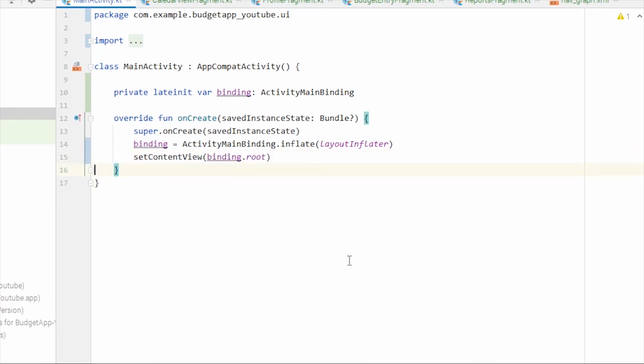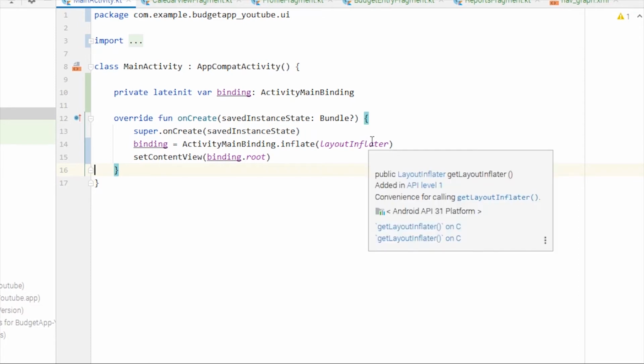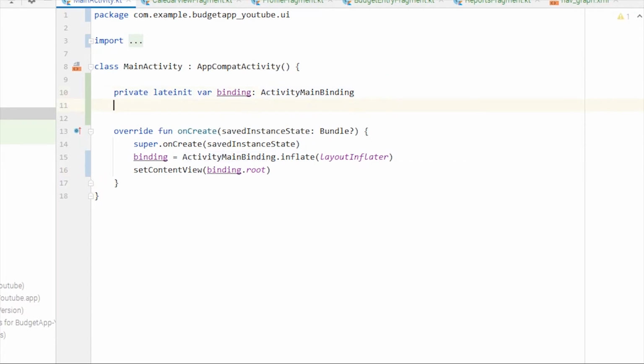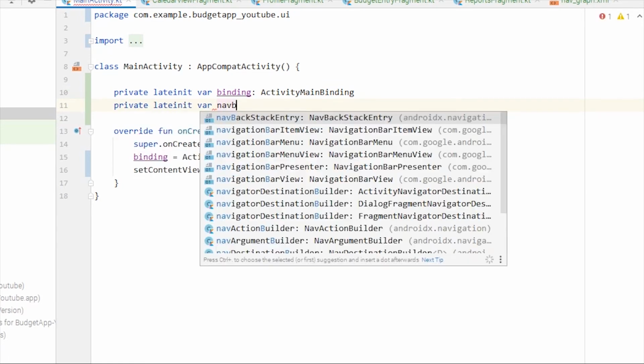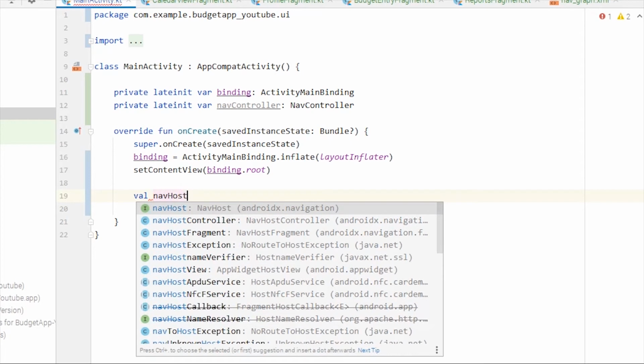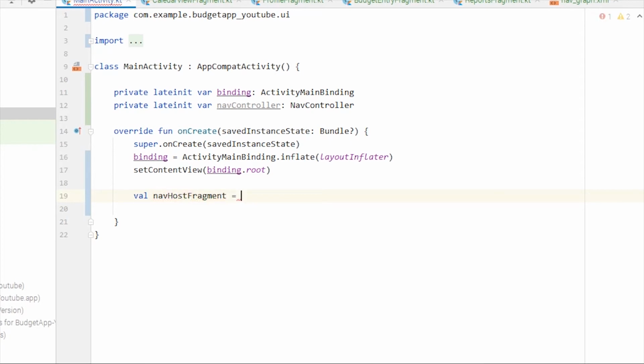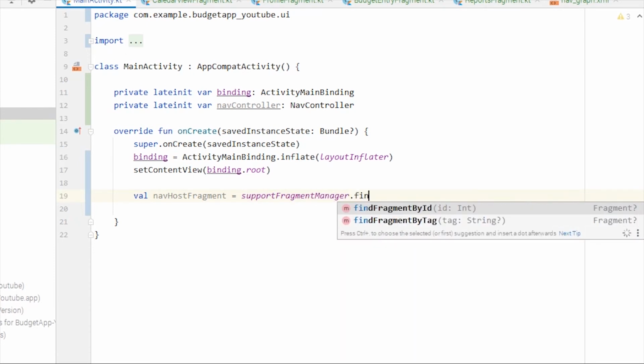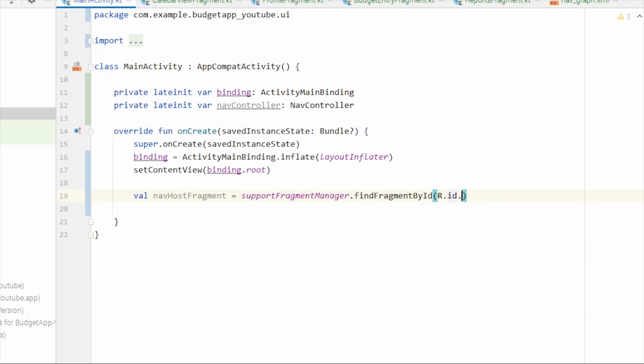Now we need to write some code. We need to have access to nav controller. So let's create another variable for nav controller. So private lateinit var navController of type NavController. Then here inside the onCreate, we'll need to have access to nav host fragment. So let's create another variable for that as well. So, navHostFragment equals supportFragmentManager.findFragmentById(R.id.nav_host